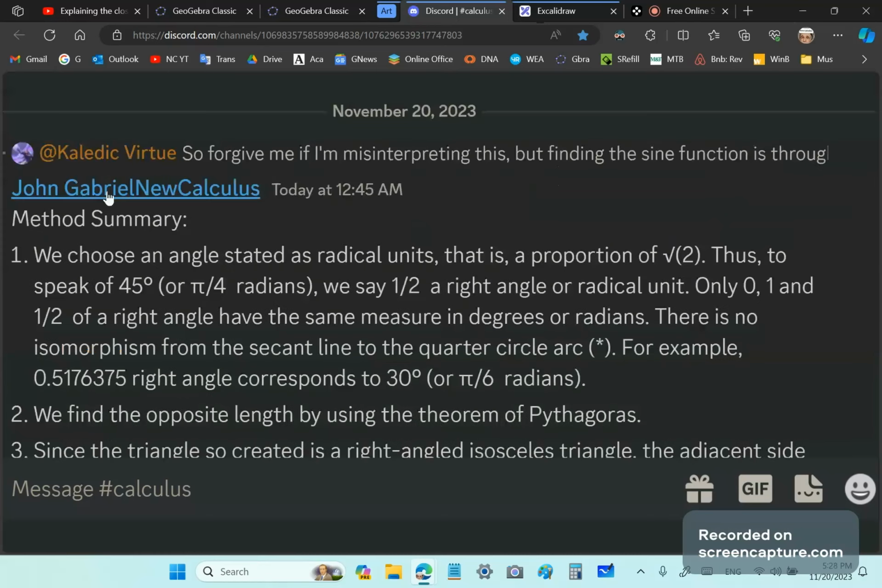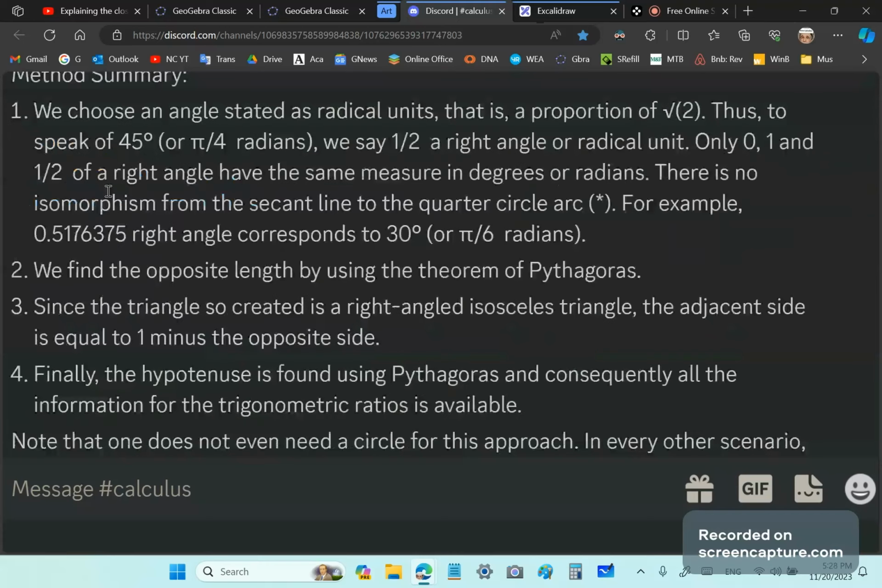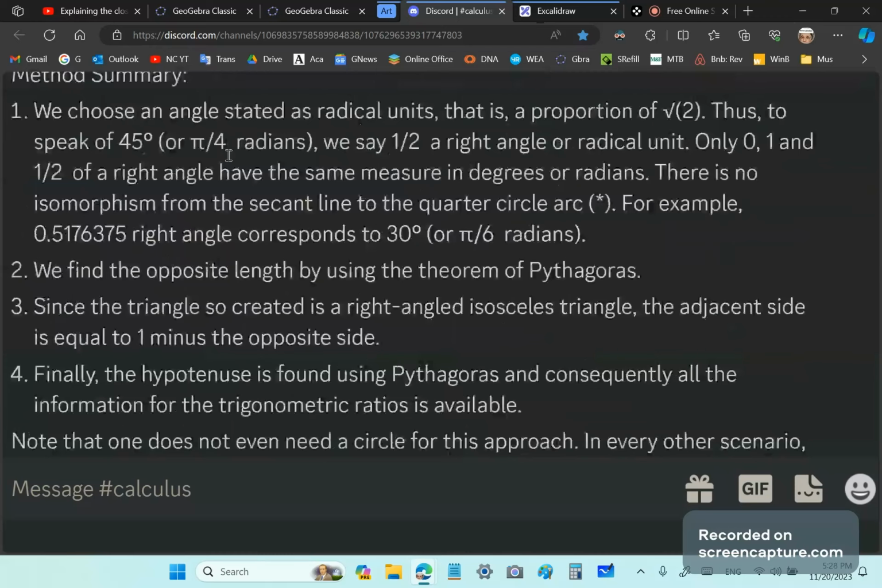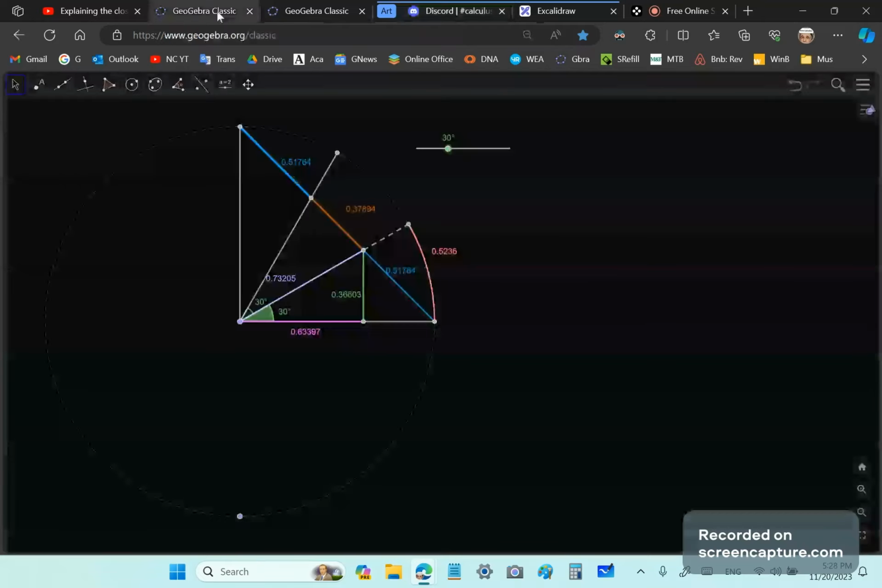So here is my response to that. How do we use this method? So first of all, we choose an angle stated as radian units. We don't even need pi, by the way, or a circle. So let's go back to these diagrams. So over here, I've